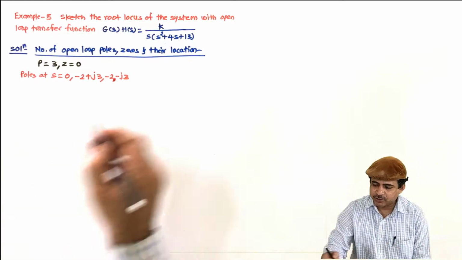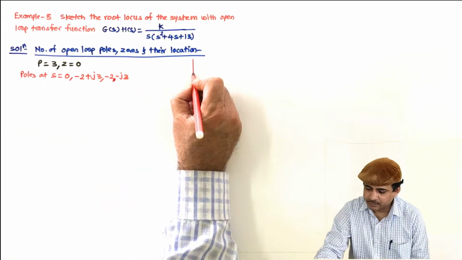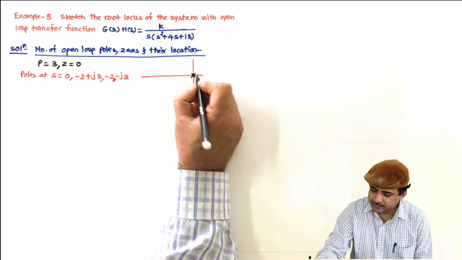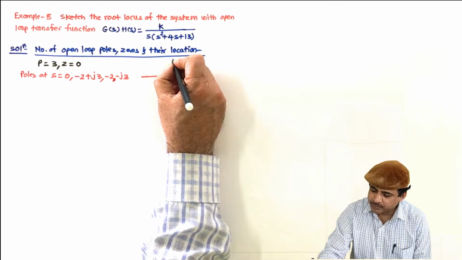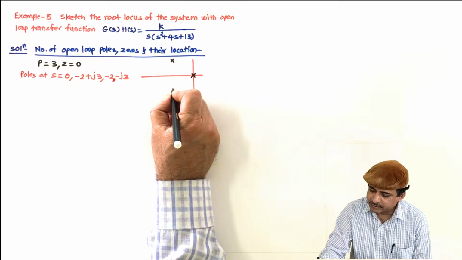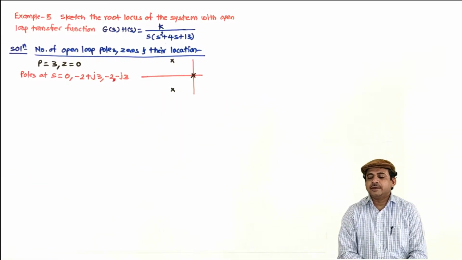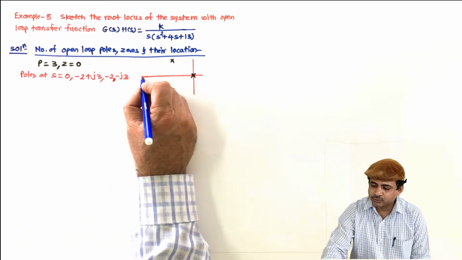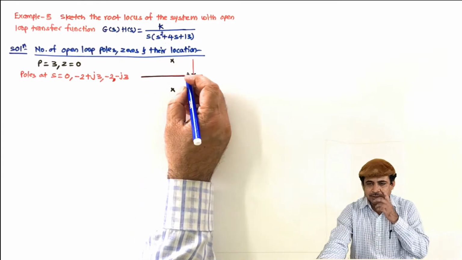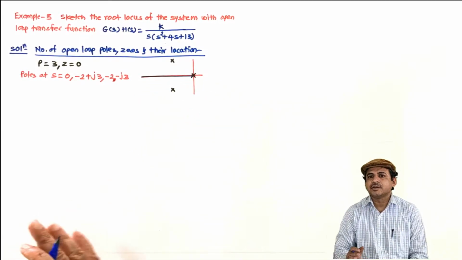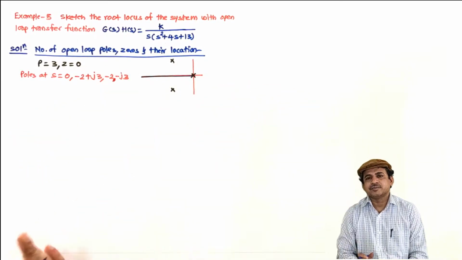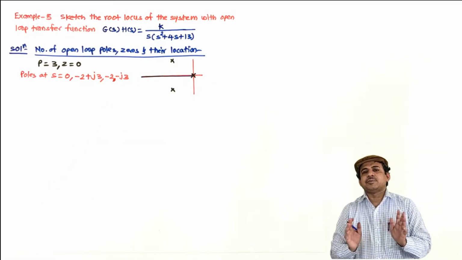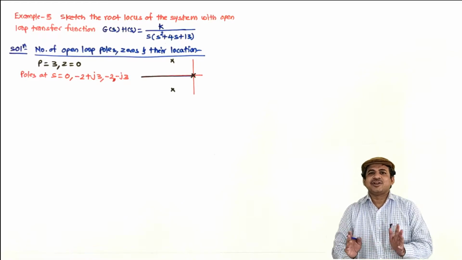Let us have its pole zero plot. So first pole is here, and the second is minus 2 plus j3, say for example here, and the third one is here. And if we now check the existence of root locus, the number of poles towards the right are odd. If we look here, again there are odd, and that means the root locus exists on real axis in the entire left half of S plane, and hence no breakaway point exists.